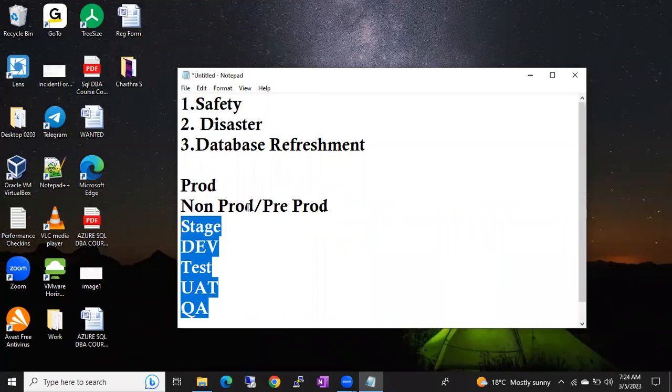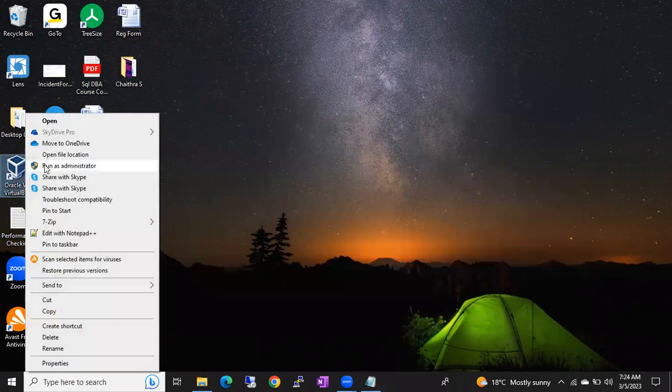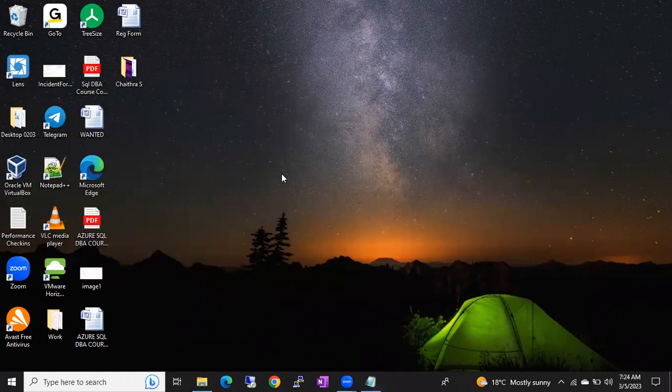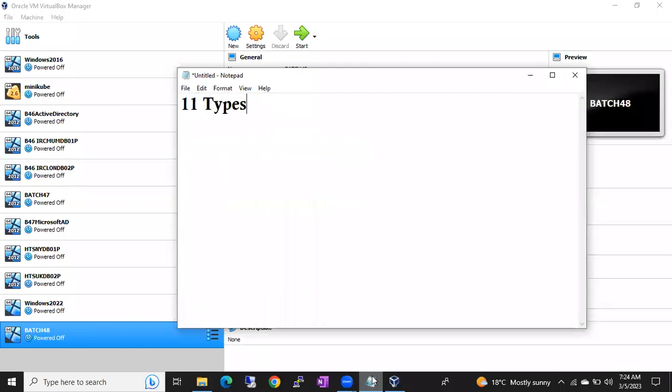For all these purposes, we need backups. Without backups, we cannot restore the database, or during crash situations you cannot save your data. So it's very important to maintain the databases, guys, database backups and all. So we have 11 types of backups. How many types of backups? 11 types of backups. Full backup, differential backup, log backup or transactional log backup,